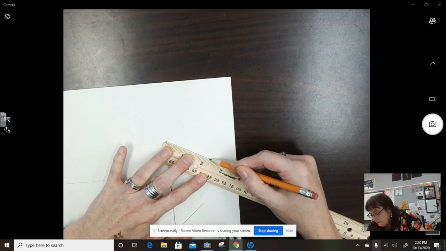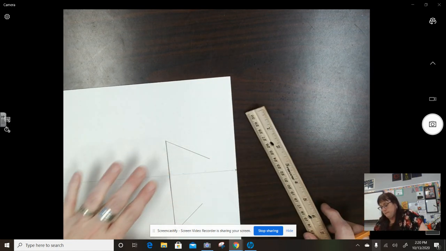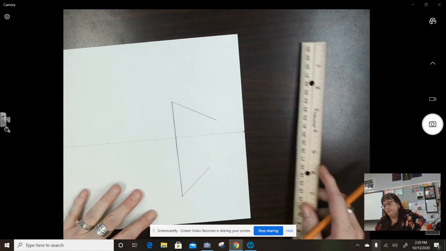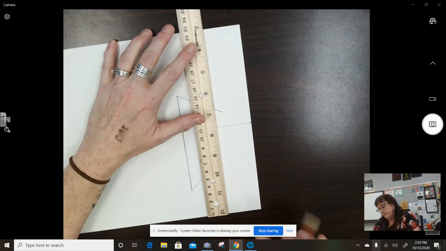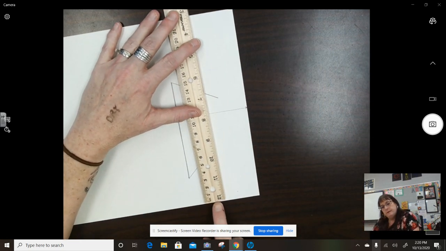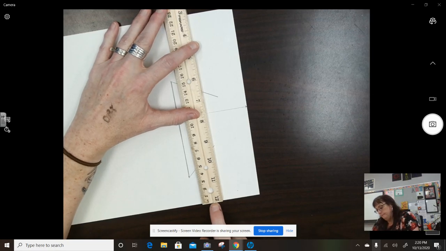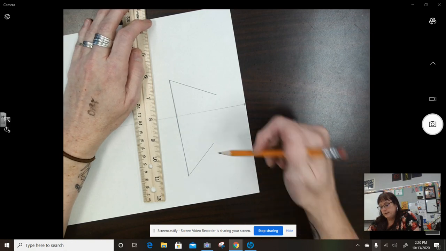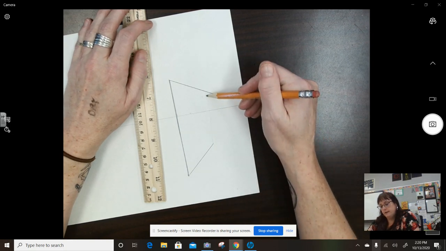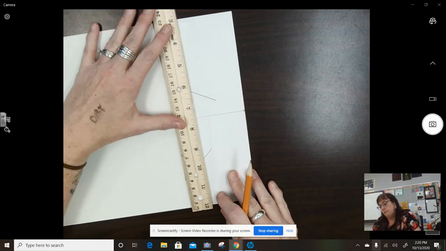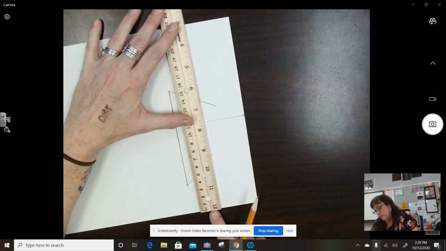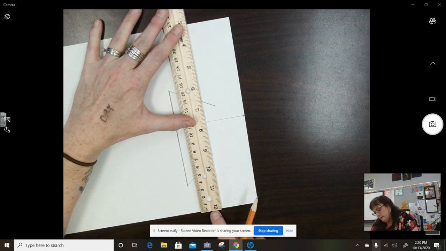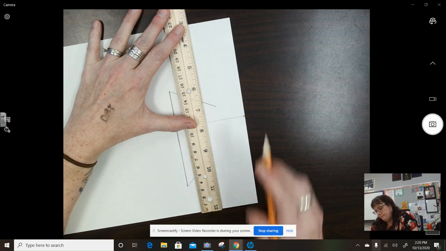I'm doing about 2 1/4. Well, it looks a little too long. That'll be okay. That's what an eraser's for. Alright, I'm going to use the bottom of my ruler again, nice and straight, the bottom of my paper. I'm going to line up this right here because I need a straight line right here. It goes straight up and down, but I need to use my ruler to make sure that I get a straight line. So I'm going to line this up nice and straight, and then